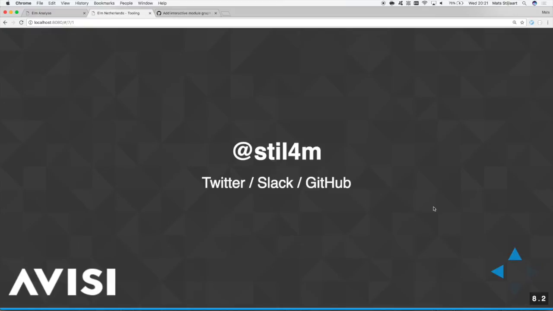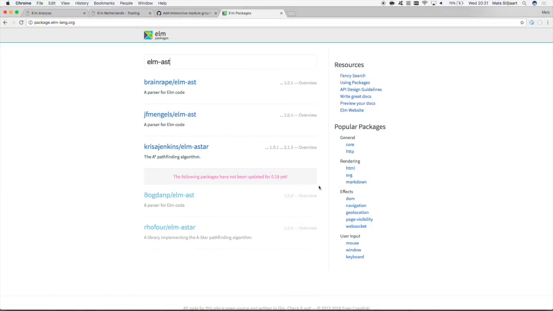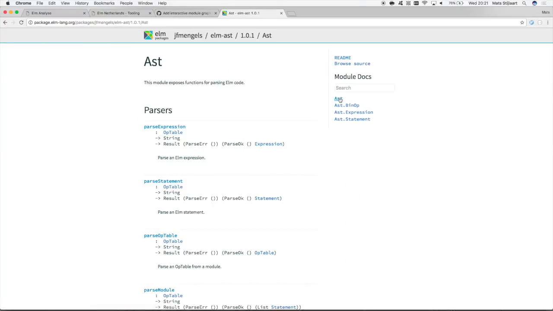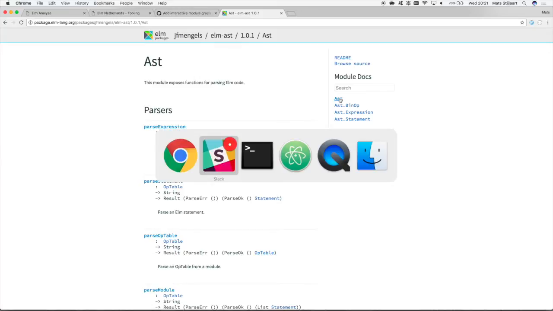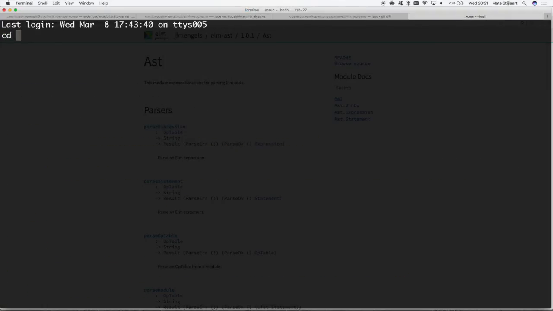So I started with this thing. It's package elm-lang. It's Elm AST, and originally it was from Bogdan P, but Jeff Mangels changed it. He took it over. But this drops the locations from your AST. So that's why I implemented it myself, so I can do the highlighting of where things go wrong. If you don't have the locations anymore, you can only guess. So if you want to see some source code,